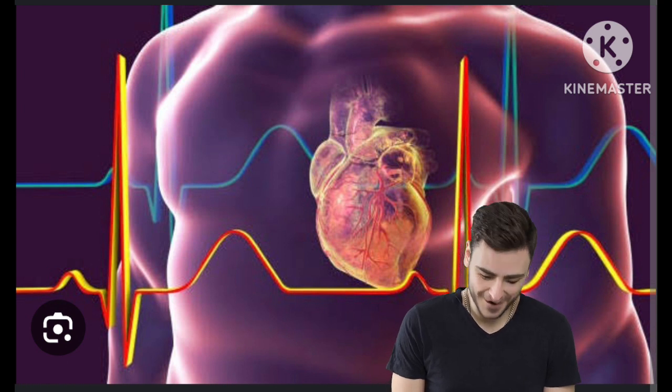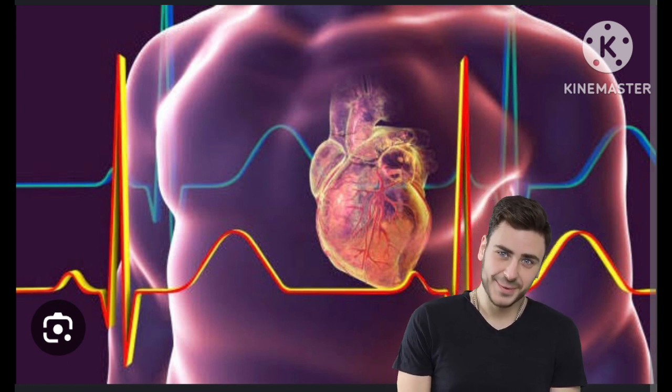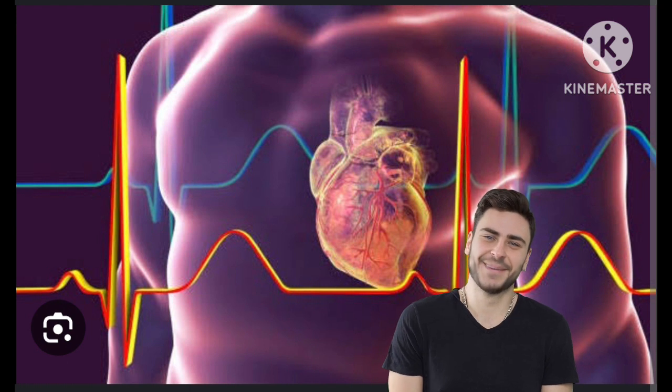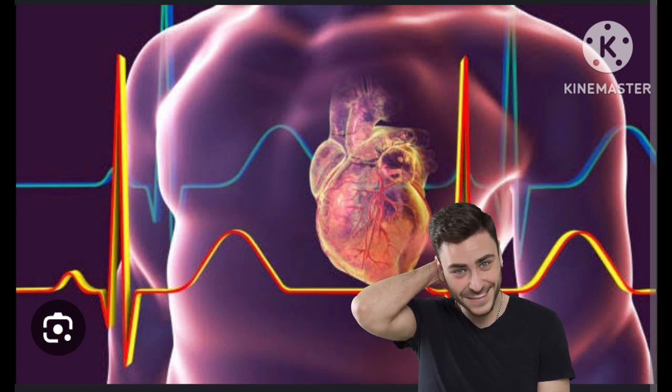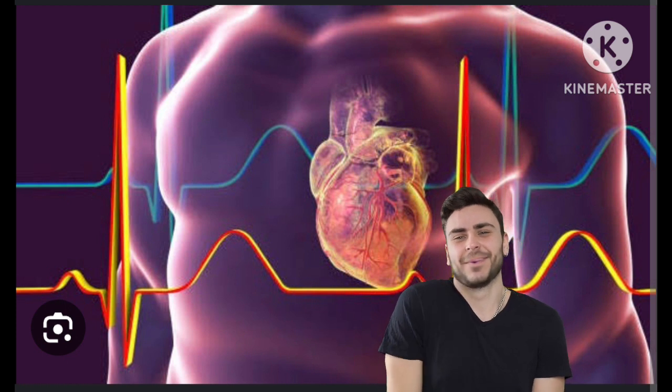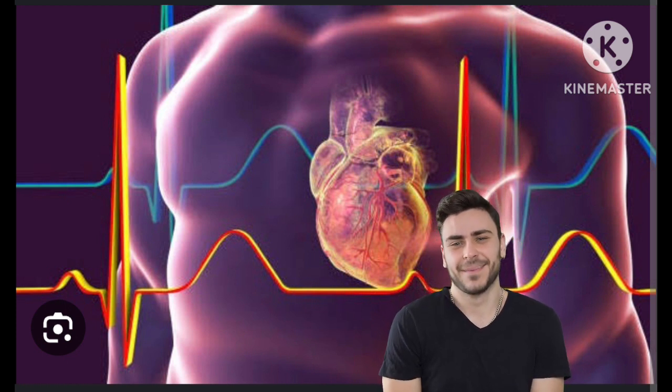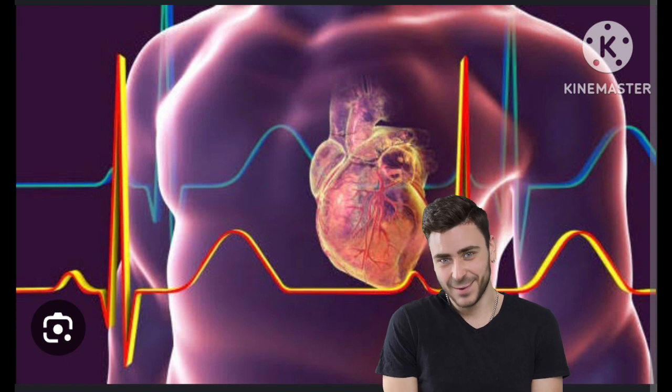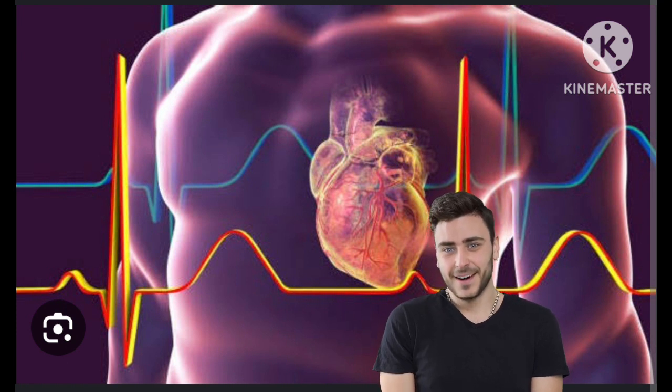Deoxygenated blood enters the heart through the right atrium, passes through the tricuspid valve to the right ventricle, and is then pumped to the lungs via the pulmonary artery. In the lungs, oxygenation occurs, and oxygenated blood returns to the heart through the pulmonary veins, entering the left atrium. From there, it passes through the mitral valve to the left ventricle, which pumps it out to the body through